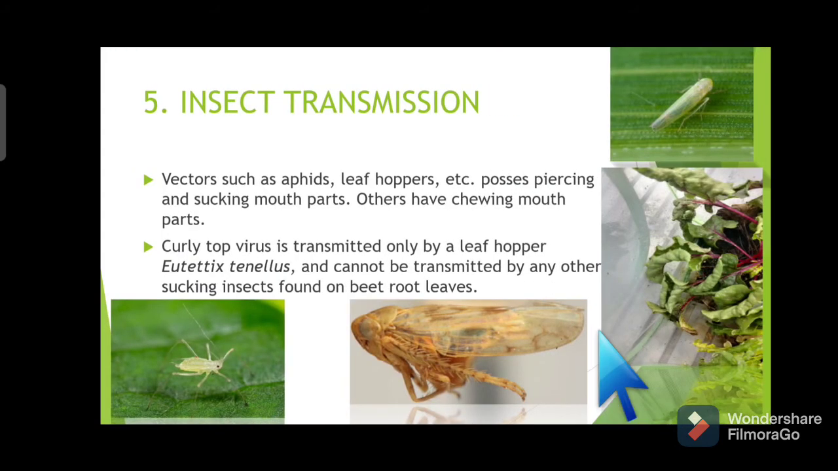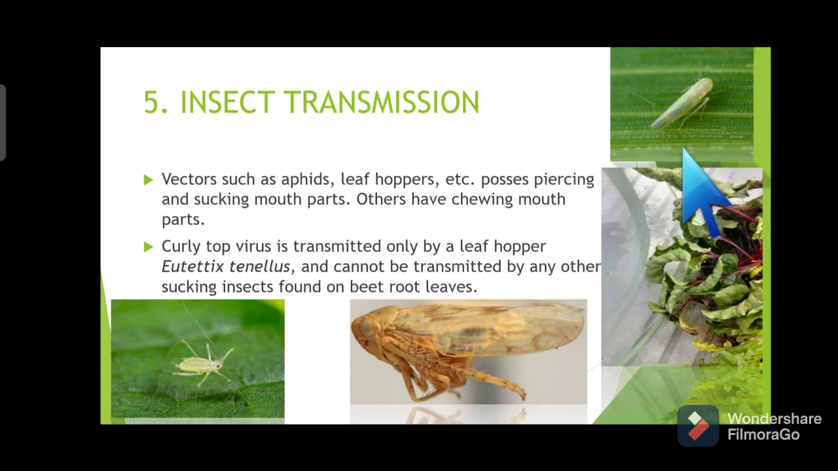So the most common and economically most important means of transmission of viruses in the field is by insect vectors, or insect carriers, which carry the virus inside their body. The most important virus vectors are aphids, which you can see in the first figure, and then the leaf hoppers here,